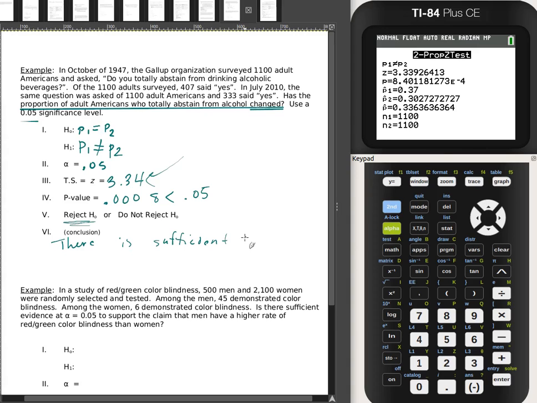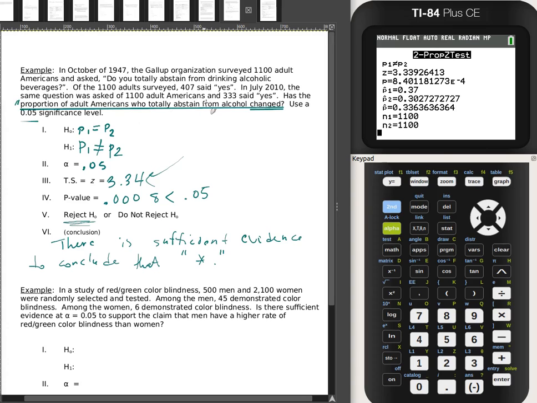There is sufficient evidence to conclude, and then at this point we want to basically restate the claim that we're checking. We want to put in here, and of course you don't need the quotation marks, the proportion